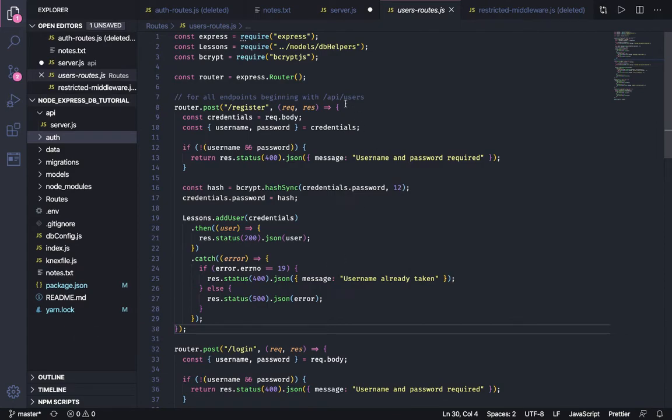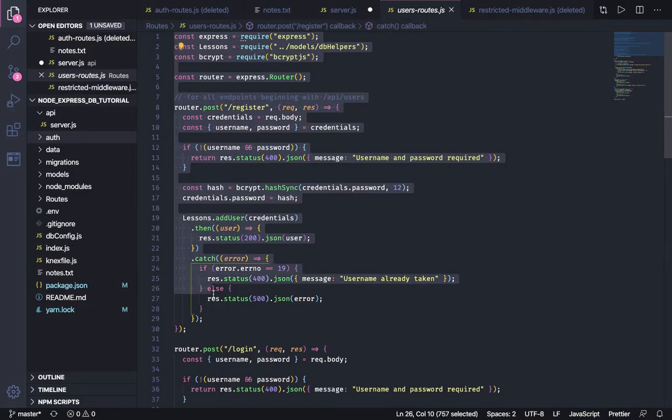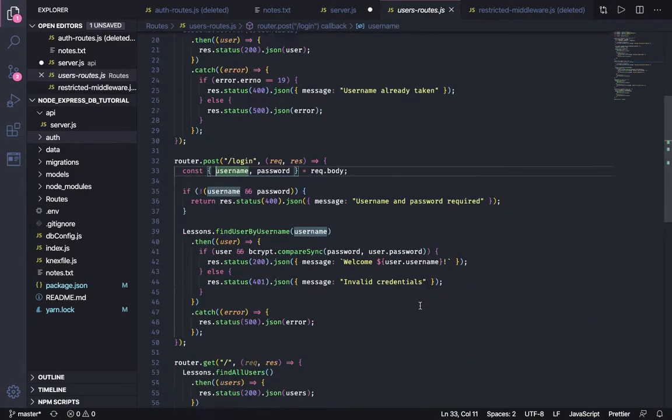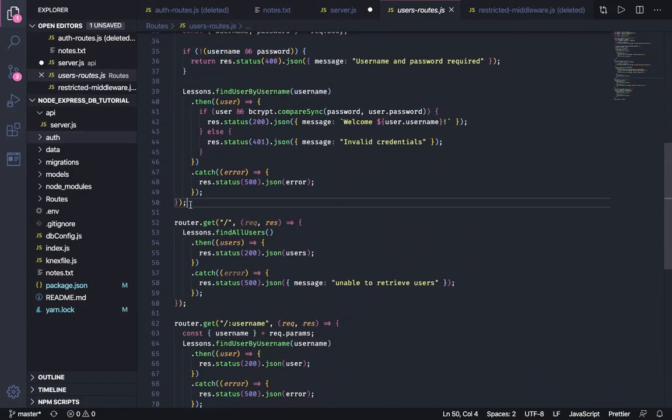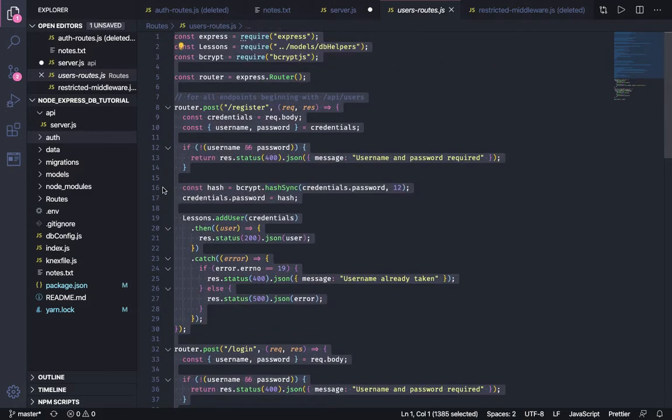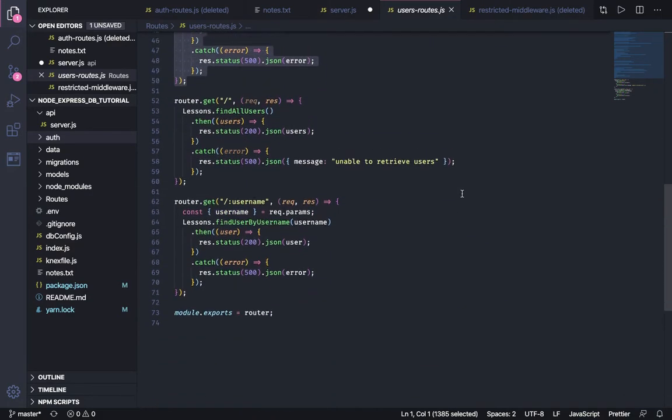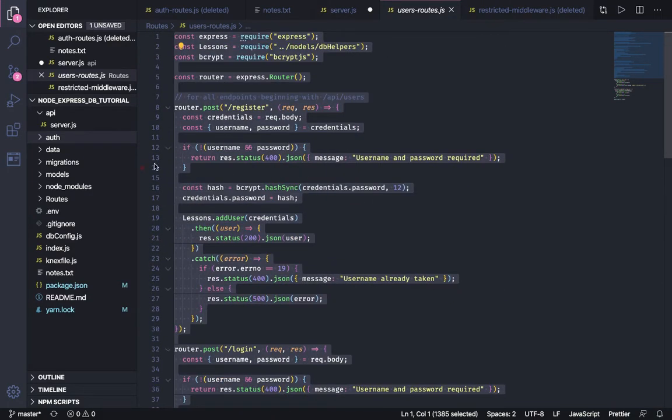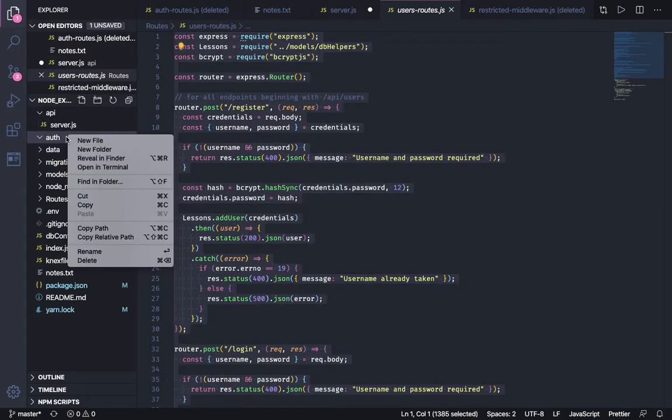And what I'm going to do is copy everything from my login endpoint up. I'm going to copy, make sure I got it all. Yep, I'm going to copy it, and I'm going to go in this auth file and create a new file called